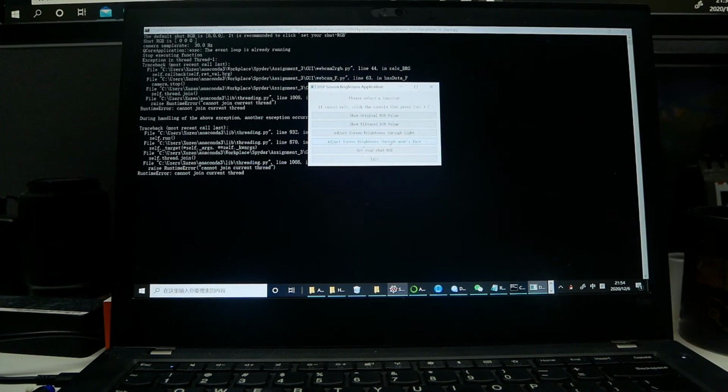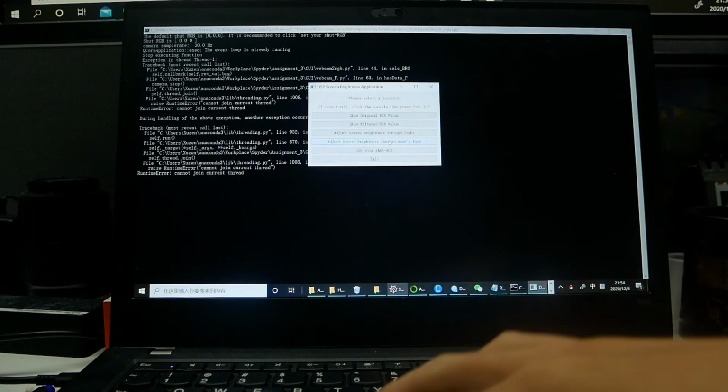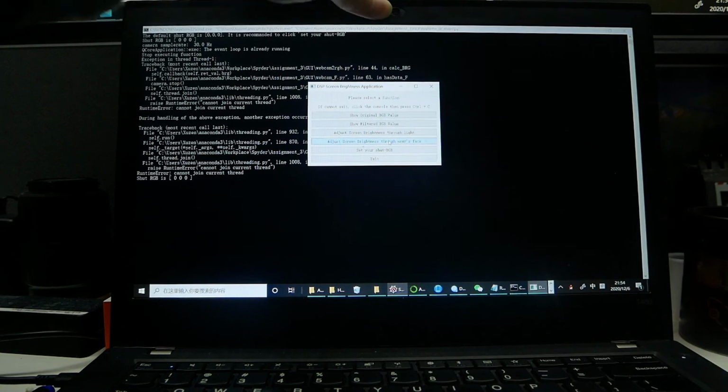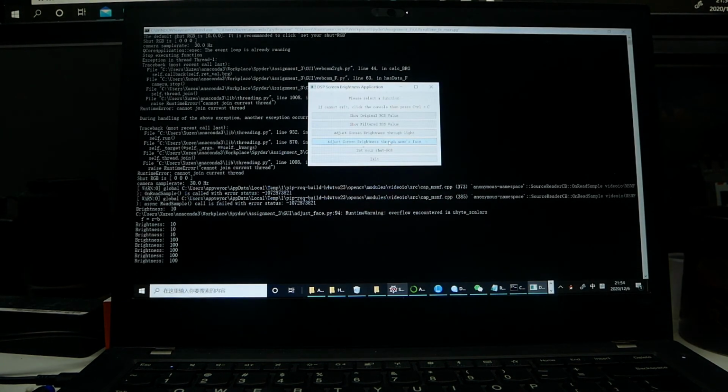Before showing the face-controlled brightness adjustment, I will say that because you cannot see where my face is, I'll use my palm to replace my face. Okay, so start. Let's check that the camera is on. Yes, now I'll hide my face away from the camera. The screen is really dark because the laptop thinks that the user is away, is absent. But if I show my palm to the camera,